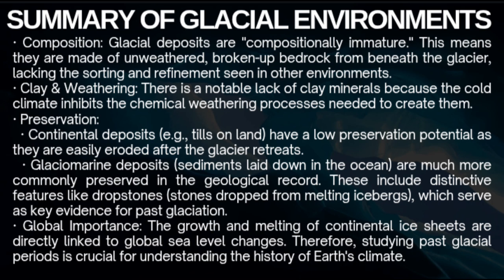Composition: glacial deposits are compositionally immature. This means they are made of unweathered, broken-up bedrock from beneath the glacier, lacking the sorting and refinement seen in other environments. Next, clay and weathering. There is a notable lack of clay minerals because the cold climate inhibits the chemical weathering processes needed to create them. Preservation: continental deposits, for example tills on land, have a low preservation potential as they are easily eroded